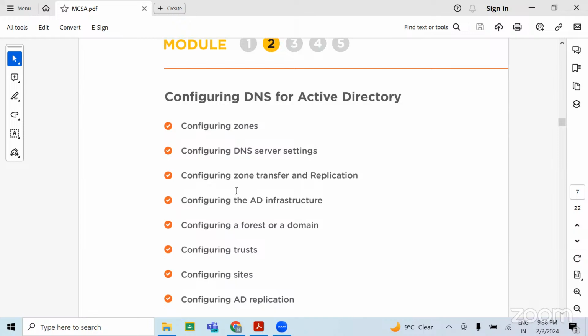For the theoretical purpose, I'm going to provide you the PPTs along with the PDF of 2019 server. If you want to go through the theoretical part, you can go through that PDF. Over there, you will be able to see each and every topic that we will discuss. If you want to dive into a topic, you can follow that PDF.